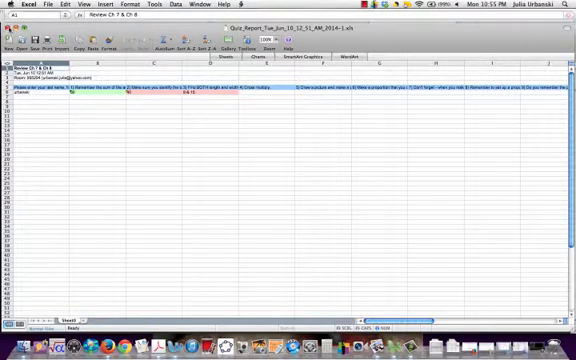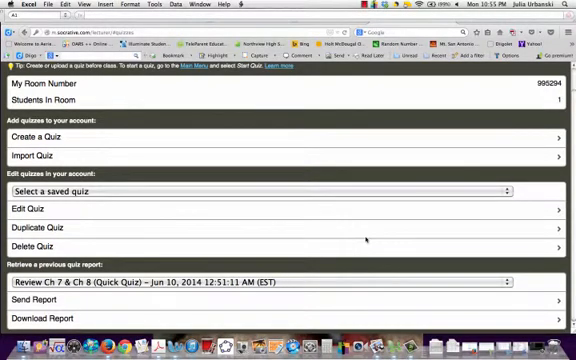And that's about all there is to it. Socrative is one of my favorites right now. I haven't found anything that I really like better, but this is